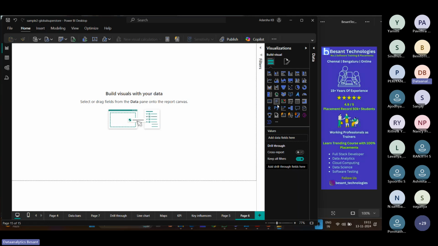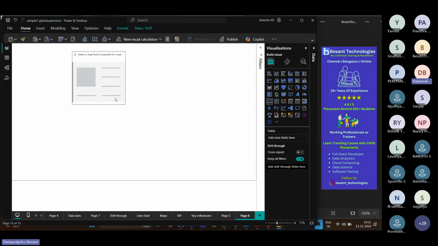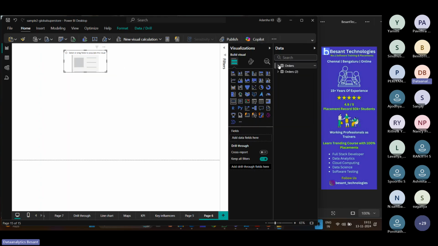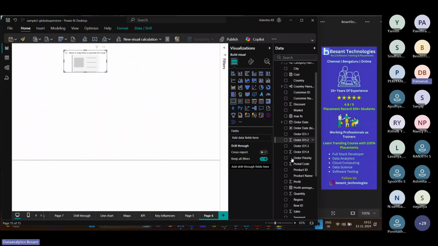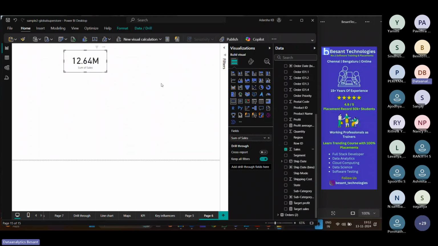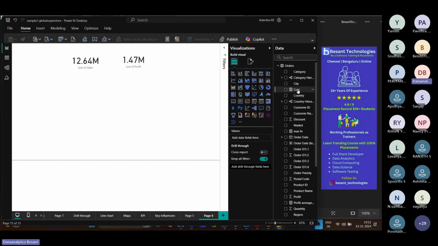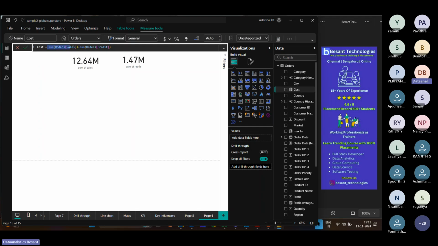So if we see, we have a card visual over here. 1, 2, 3 is nothing but a card visual. The one which is over here, 1, 2, 3, which is a card visual. There they are adding the fields, the sales value, and then another card visual, we are adding the profit value. And then we have created a measure over here called cost, which is sum of order sales minus sum of orders of profit. So what it denotes is that